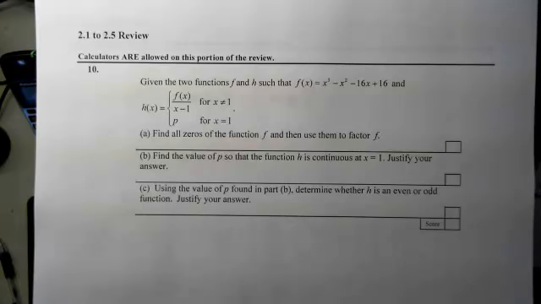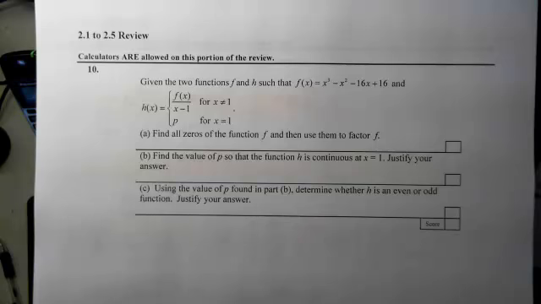that f is a cubic polynomial and h is that cubic divided by x minus 1 as long as x doesn't equal 1, and then p when x does equal 1. Our first goal is to find all the zeros and then use them to factor f. Part B is we want to find the value of p so that the function will be continuous. And then we want to use that value of p to figure out whether or not h is an even